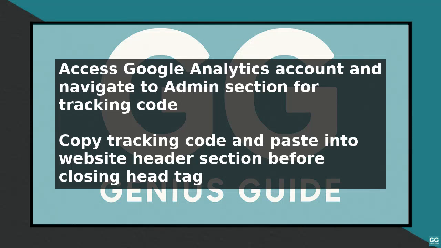To test Google Analytics tracking code, you need to ensure it is properly installed and collecting data on your website. Start by accessing your Google Analytics account and navigating to the admin section, where you will find the tracking code for your website. Copy the tracking code and paste it into the header section of your website, ideally before the closing head tag. If you are using a content management system like WordPress, you can use a plugin to simplify